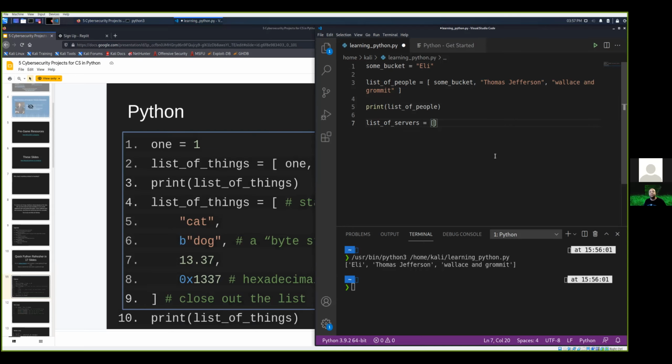I'm going to create my first item, and this is a string. We're just going to create names for them. So this is going to be, let's say, web server 1. I'm going to create another server in this list of target servers. It's going to be given the value